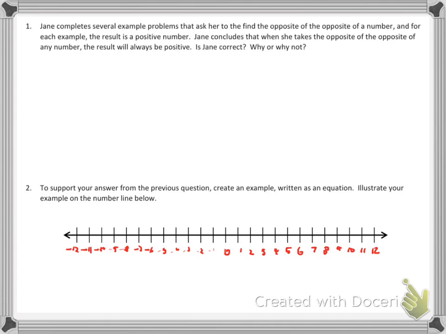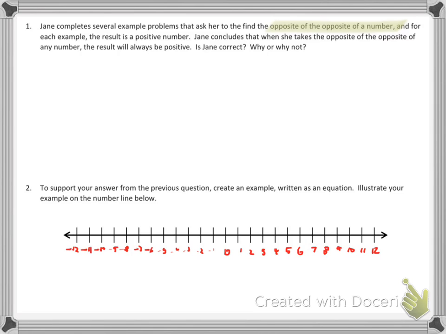Number 1. Jane completes several example problems that ask her to find the opposite of a number. And for each example, the result is a positive number. Jane concludes that when she takes the opposite of any number, the result will always be positive. And we have to decide if Jane is correct. So let's first talk about